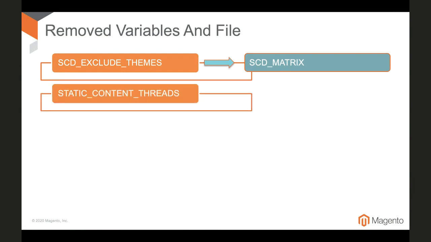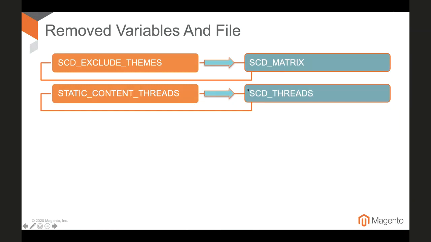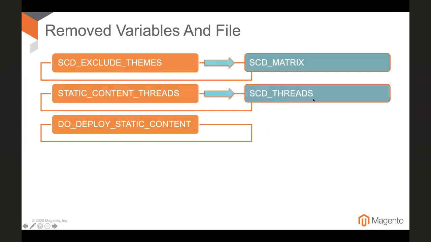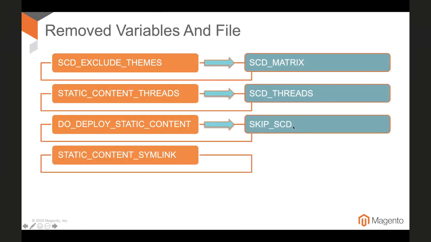We also removed static content threads because we have an alias, SCD threads. Another one removed is do deploy static content. It's the same as skip SCD. We removed the static content symlinks variable. There is no additional variable to replace it because we removed this possibility to